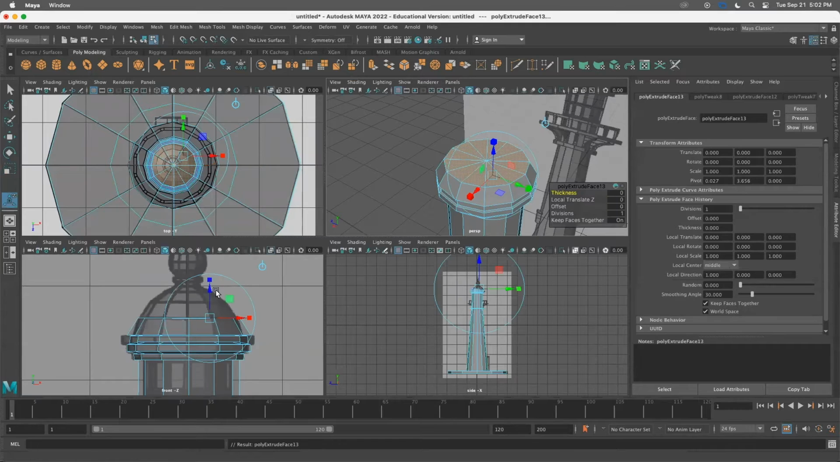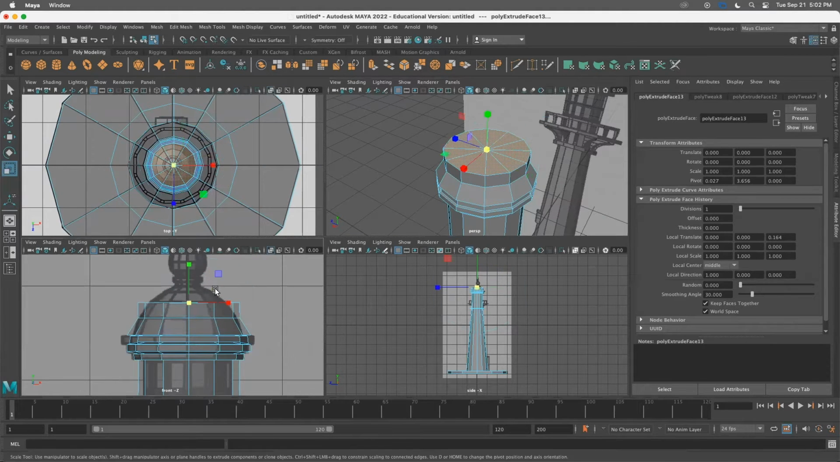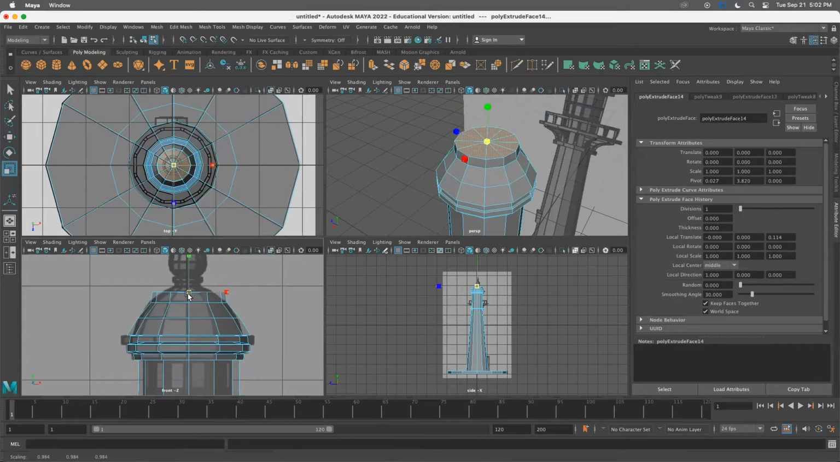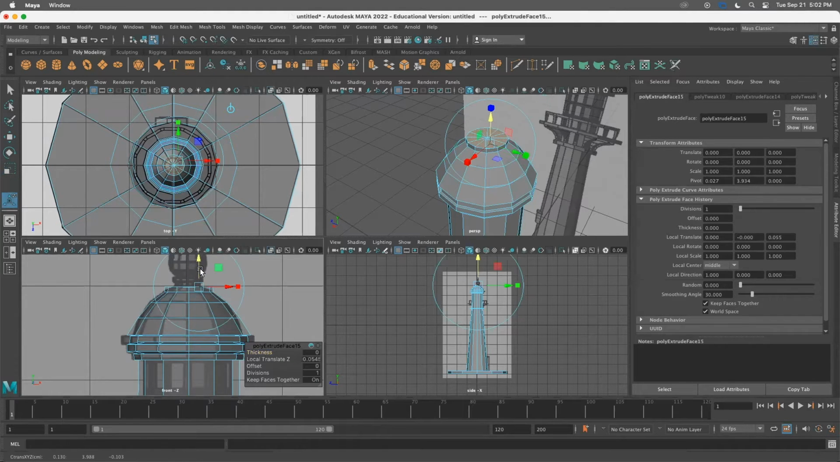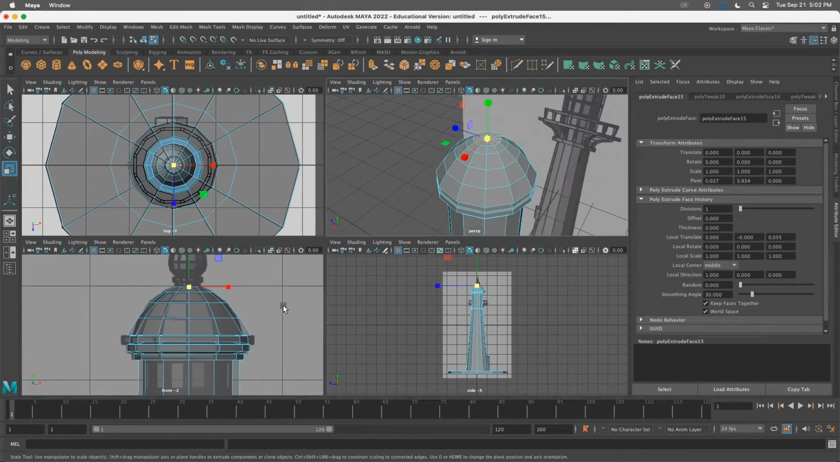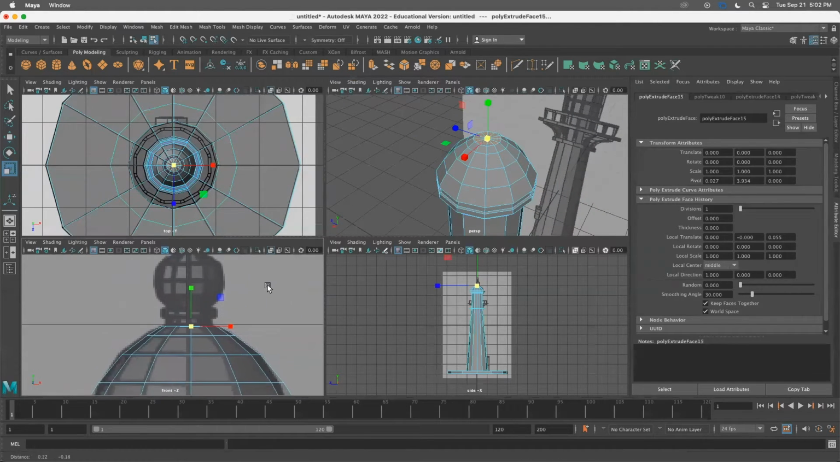Command E. Drag it up. All. Scale. Command E. All. Yeah, very repetitive. All. Command E. All. So repetitive. So I made this dome shape. So next,